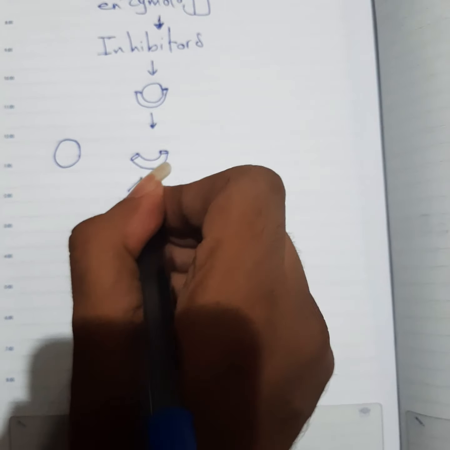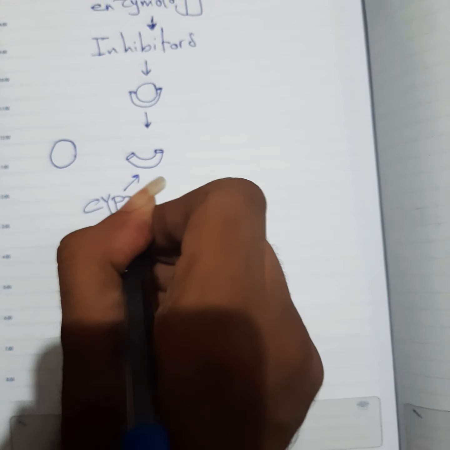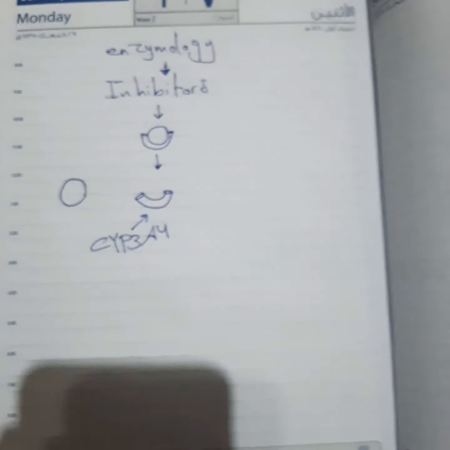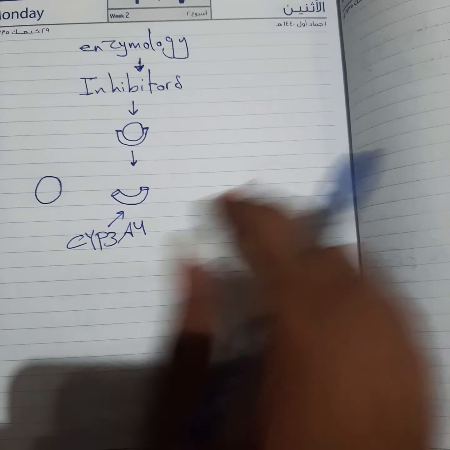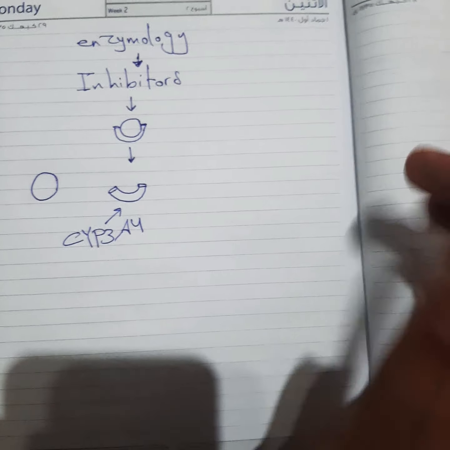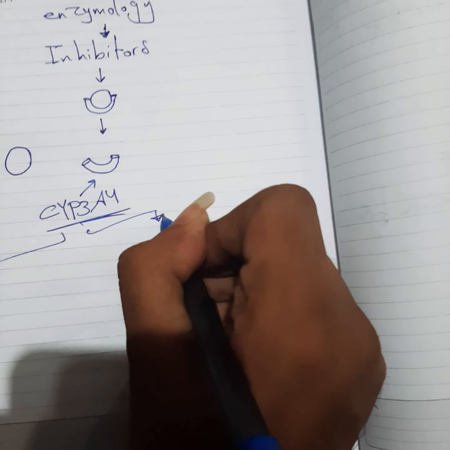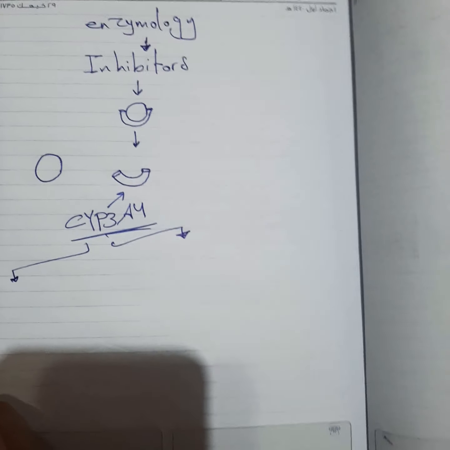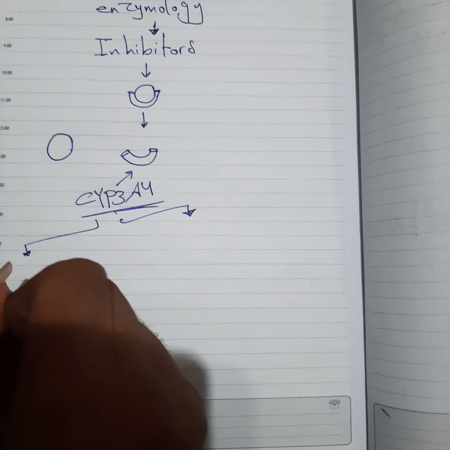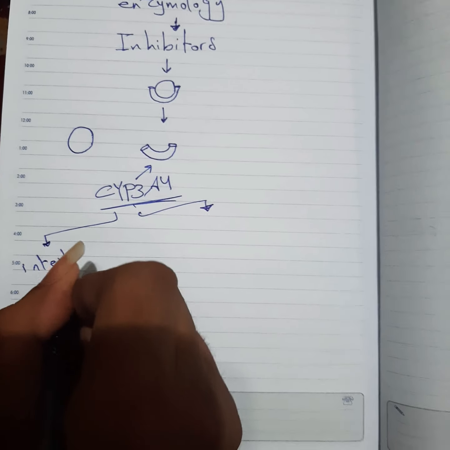We consider that is the CYP3A4 enzyme. And I forgot to say that this enzyme is present in two systems in the body, in the intestinal tract